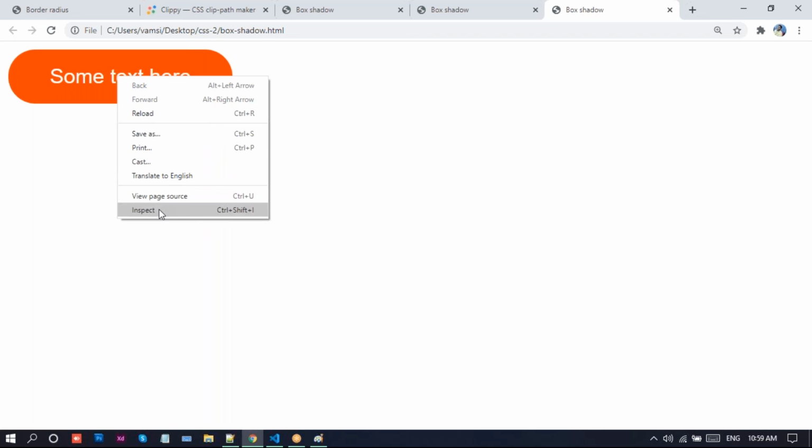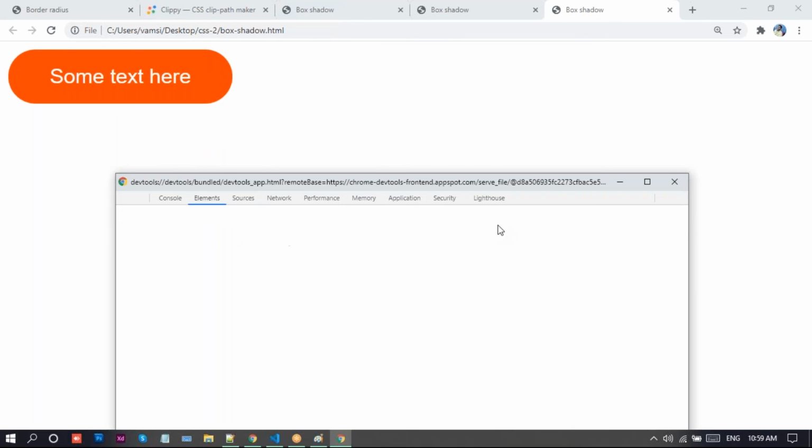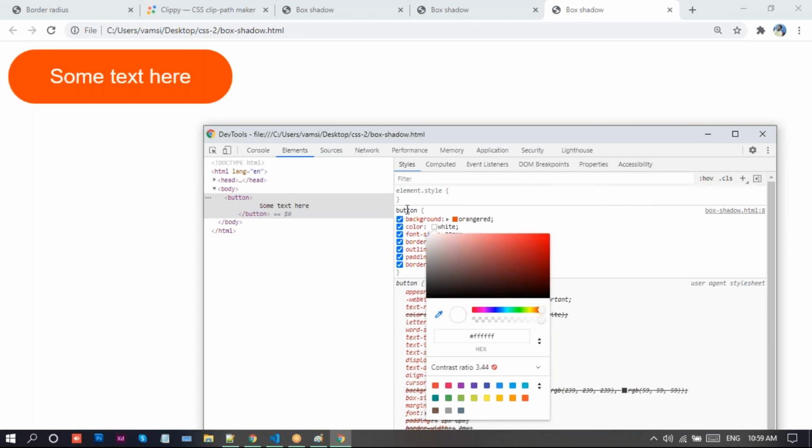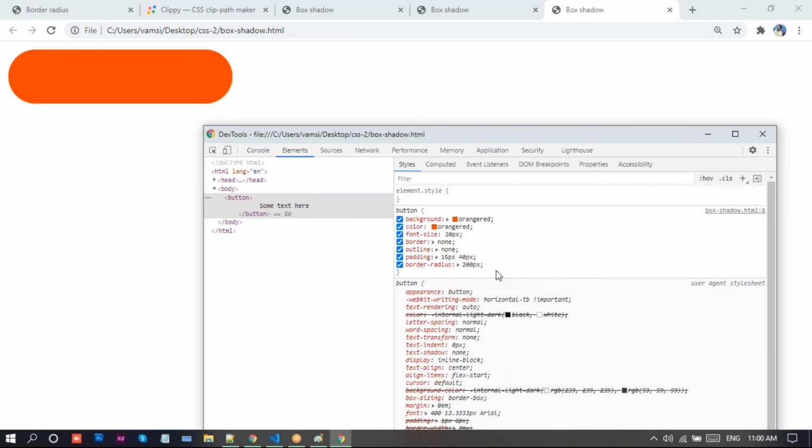Look at this text we have. For this text, I'll replace this white color. I'll put color here, orange red.